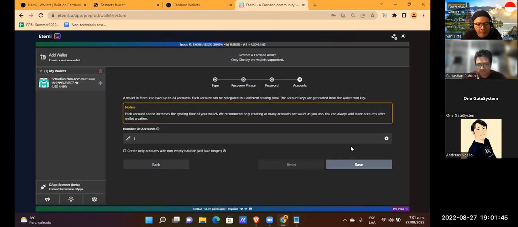Okay. Recovery phrase okay, password okay. Accounts: only one account. A wallet in Eternl can have 24 accounts, but we are interested only in one account. And save.